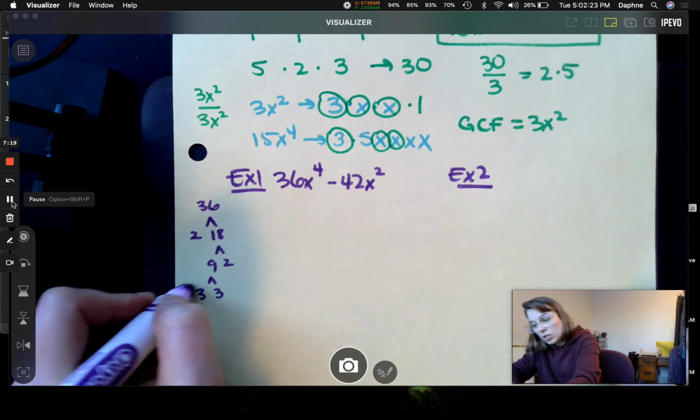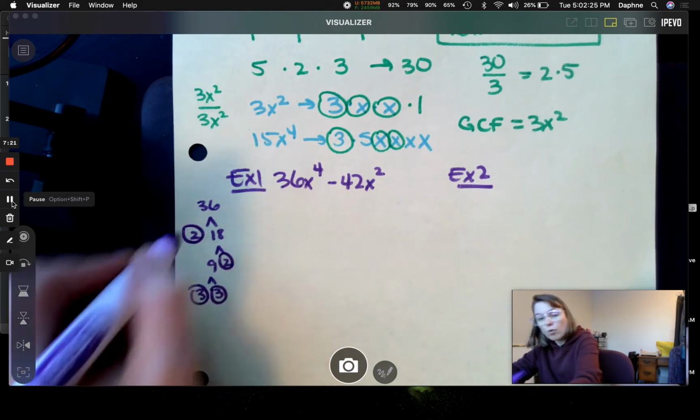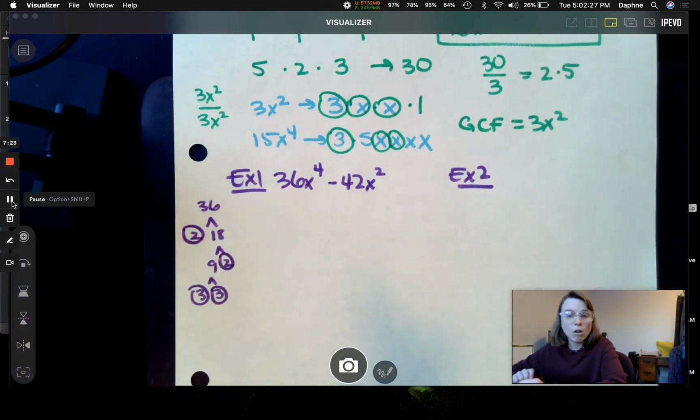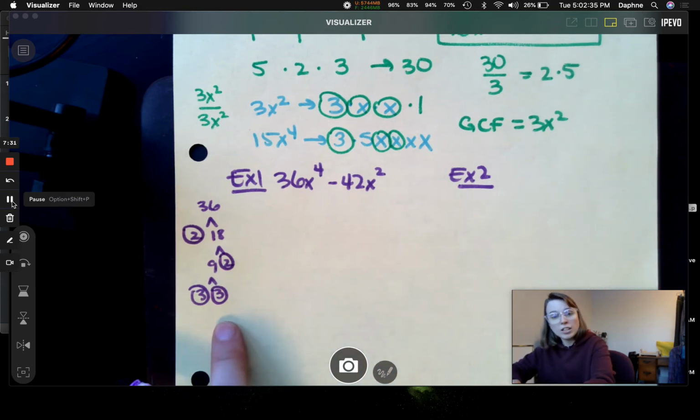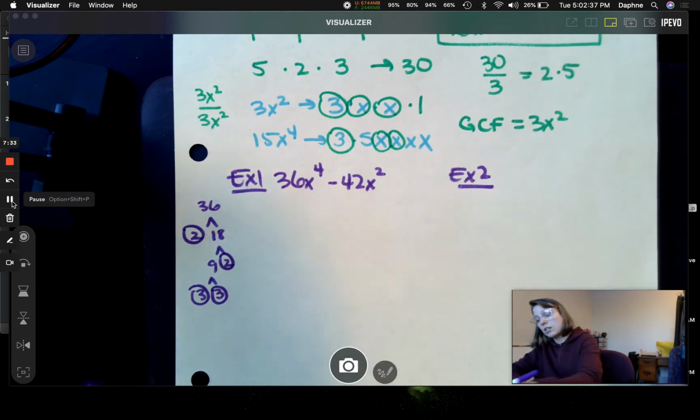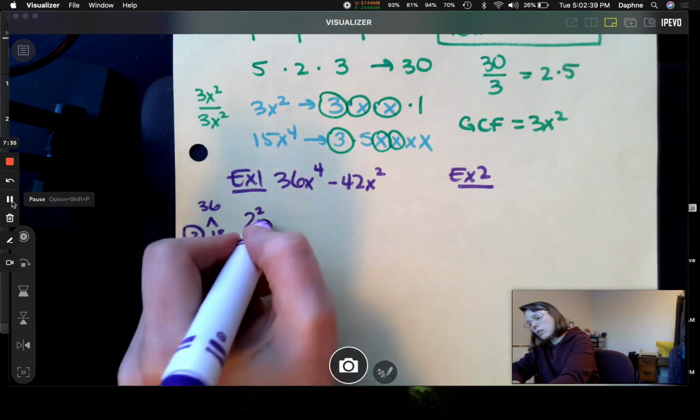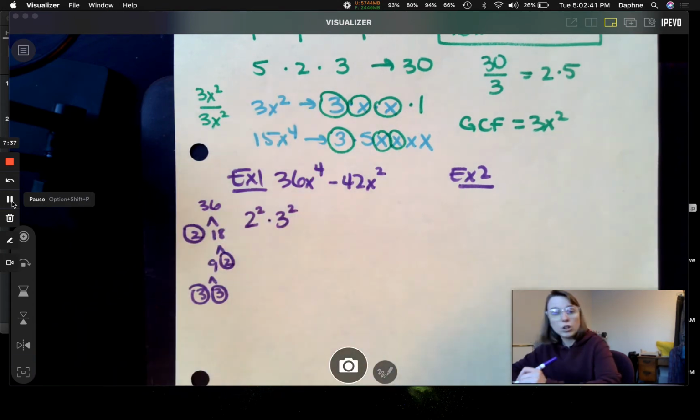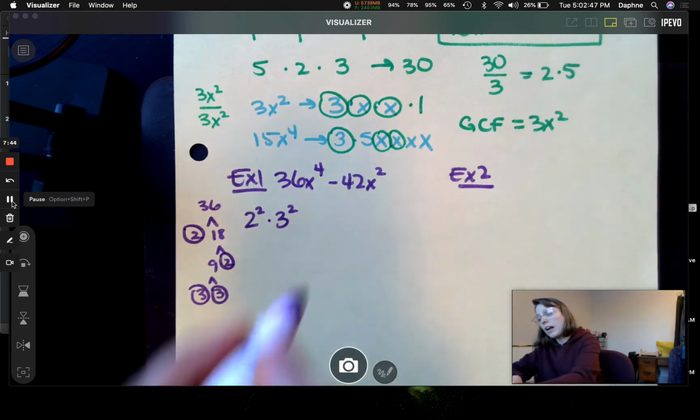Notice that I'm stopping whenever I have a prime number. Nothing else multiplies to make 2 except 1 and 2. Nothing else multiplies to make 3 except 1 and 3. So the prime factorization of 36 will be 2 squared multiplied by 3 squared. There are 2 2's being multiplied, and there are 2 3's being multiplied. And then I have 4 x's